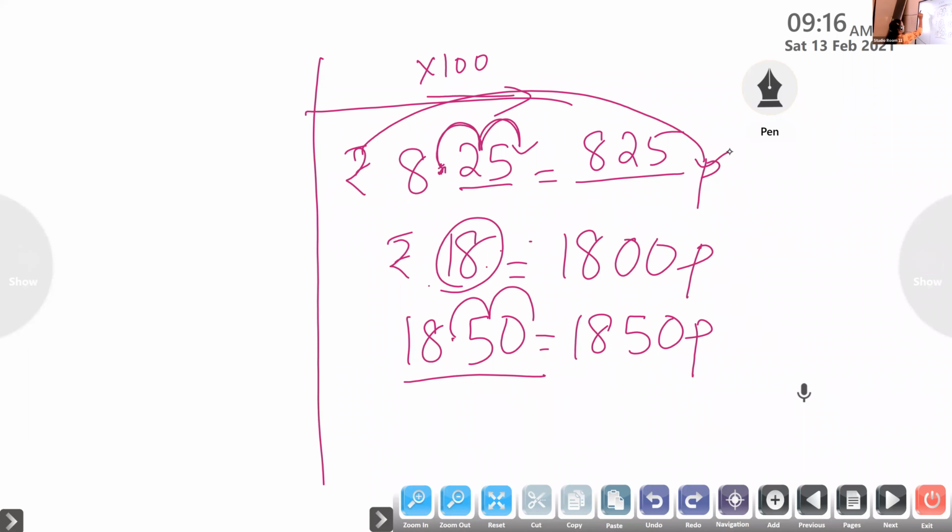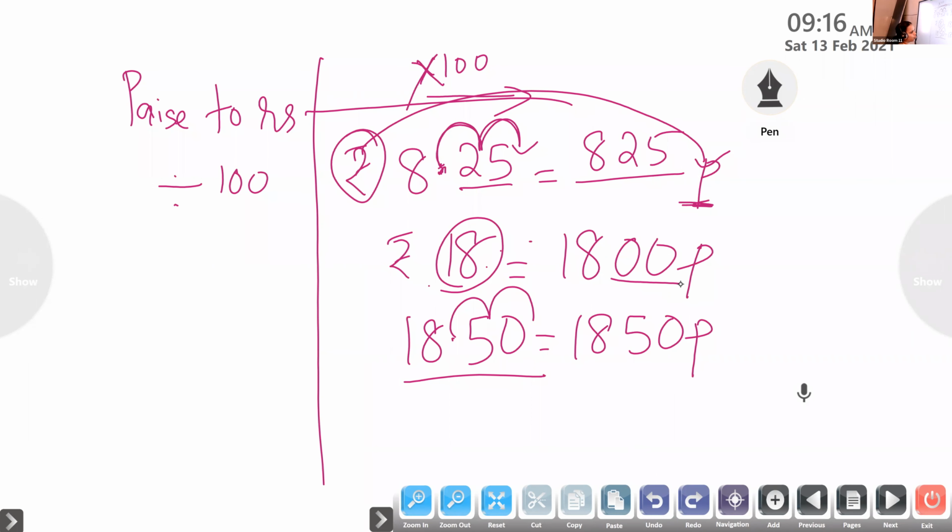Now, paise to rupees. Back, that is opposite. Yesterday, children, we learned what we have to do. Divide by 100. This you have to be very careful. Rupees to paise, multiply. To multiply, I told you just add 2 zeros. If there is a decimal, you have to move 2 digits, then write the number without decimal point. But paise to rupees back, divide by 100. That also I told you, easy method.